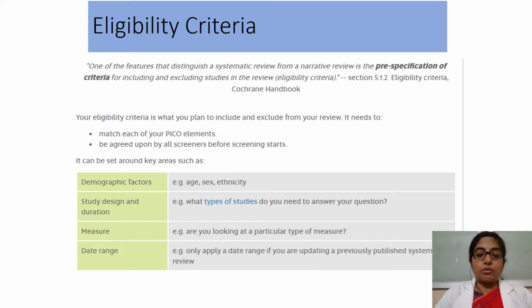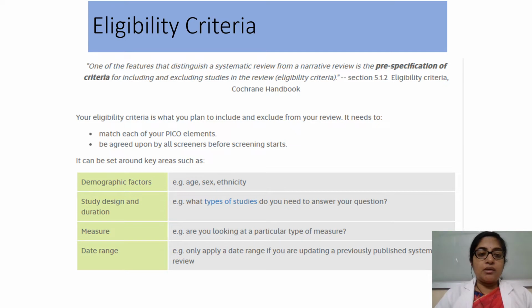Now let us talk about eligibility criteria, because this is very important. One of the features that distinguish a systematic review from a narrative review is the pre-specification of criteria. And the eligibility criteria should match the PICO elements and should be agreed upon by all screeners before screening starts.